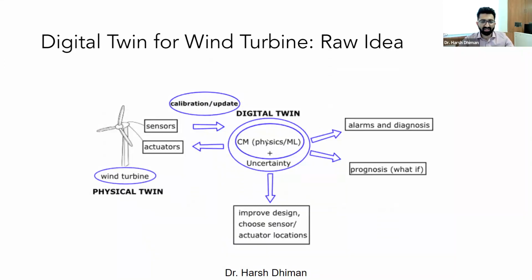For wind turbine, you can see, yes, this is what a framework would look like, wherein you have your turbine. So turbine is your physical layer. This physical twin is your actual turbine in your wind farm. You have sensors, you have actuators. These sensors transmit data. There's a communication happening between the physical layer and digital layer. The data is transmitted, and then based on the data collected, you use a machine learning or physics based machine learning model to draw some kind of inferences, right?